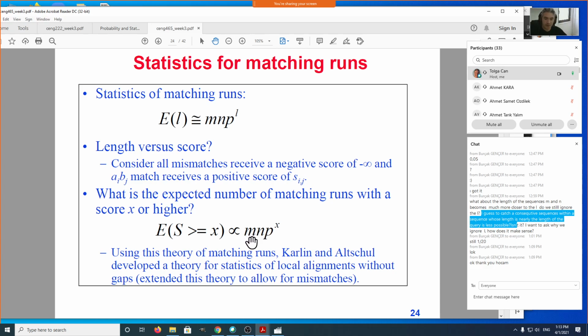If the sequences are doubled in size, both of them, you would expect it to be 4 times more likely. If both sequences are doubled in size, you would expect to observe the same score of 80 4 times more, in 4 different places, because you can do the same alignment. It's like when the sequences are doubled in length, imagine a matrix